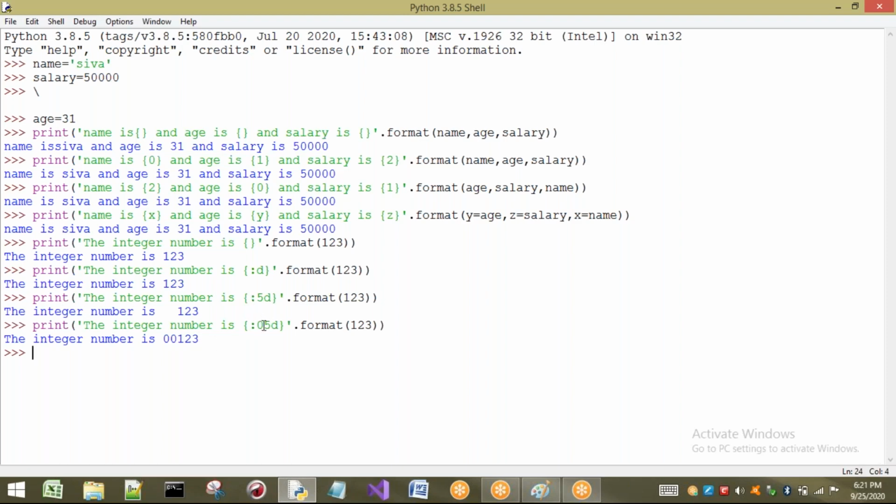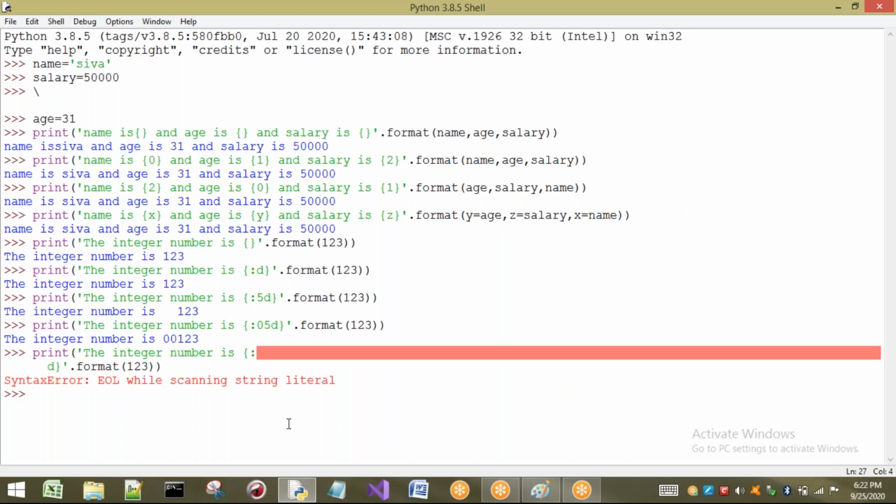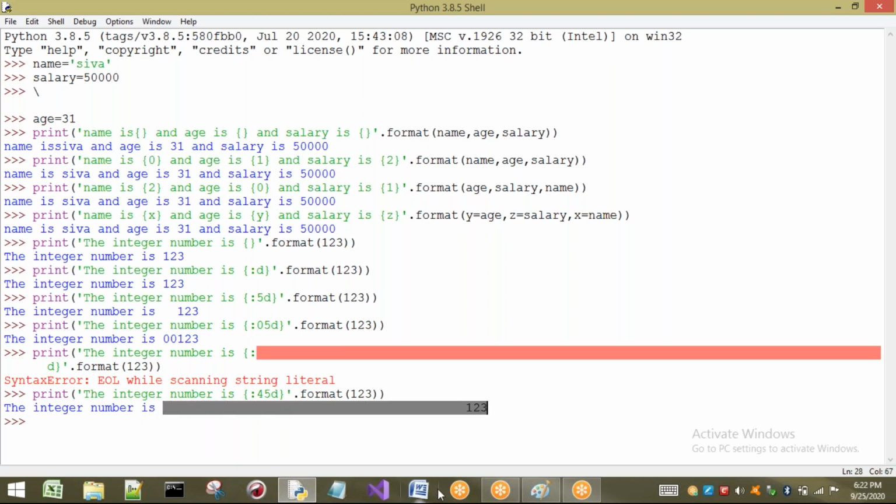Okay. Sir, if I place, for example, I want to place 4 before 123, is it possible to place 4 here? If you try to place 4 here, what happens? It will think that it is 45. That means the total number of digits will be 45. It will think so. Now see, here instead of this one, if I enter 4, let us see what happens. Total values in this will be what? 45. It is valid only for 0.